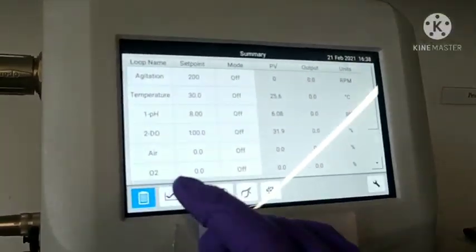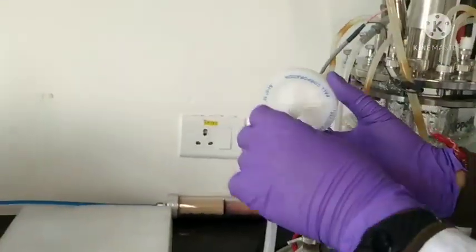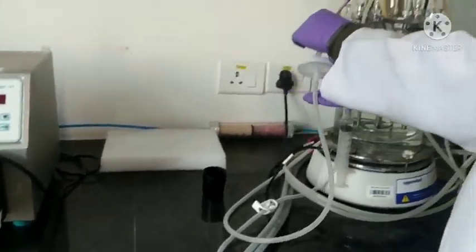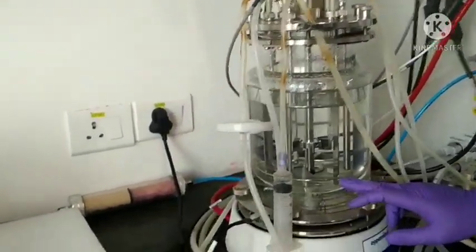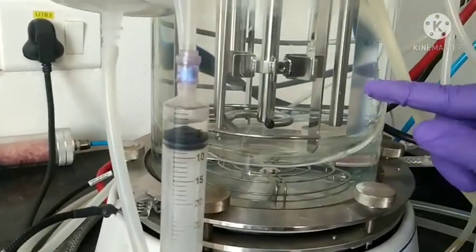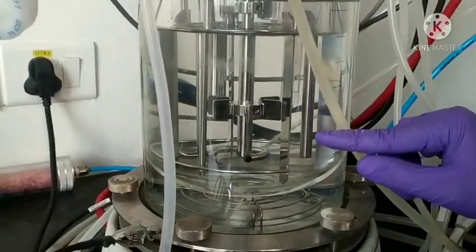Now if there is a sparger unit, you can see that this is a sparger line and it is attached with a sterile filter, so that only sterile gas will go inside, and this goes directly to the bottom. You can see a loop-like structure in which small holes are there. These are required to give uniform bubbles of air inside.